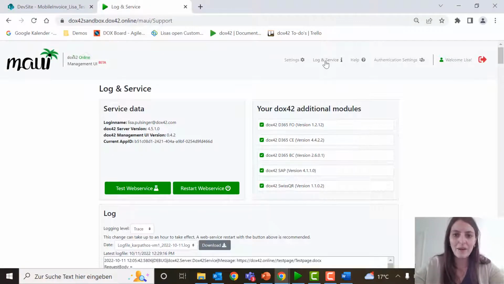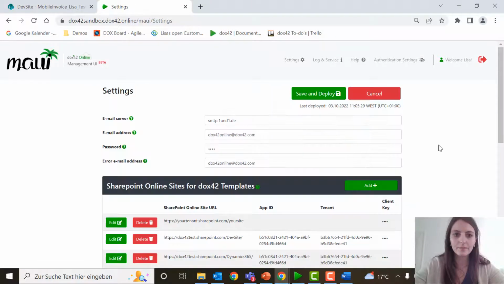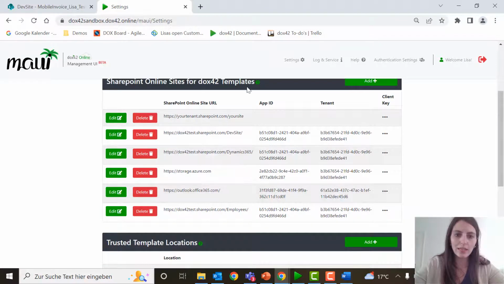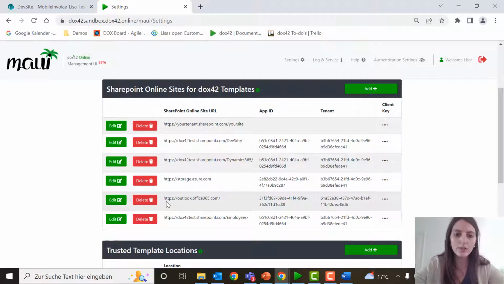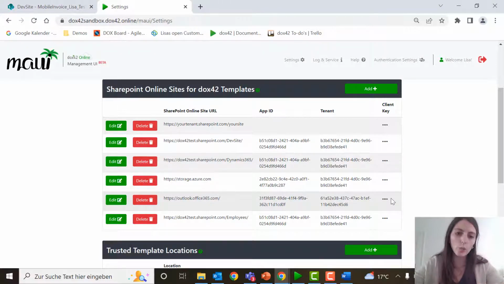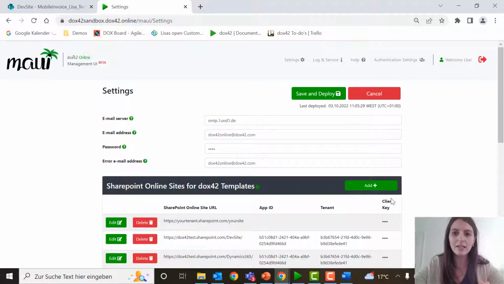And in your web.config, in the settings area, you will need to add to the SharePoint Online sites https outlook.office365.com and the app ID and the tenant ID and the corresponding client ID where you set up the API permission I've just shown you before. So it's important that you have it in here. Okay, and once you've added that and clicked on save and deploy, then you're ready to